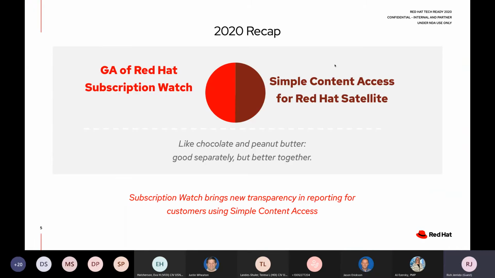So let's talk about, while we're here, some of the tools that we built. In 2020, we introduced two separate but mutually supporting tools that are intended specifically to help out with your subscription experience. The first tool is a tool we introduced called Red Hat Subscription Watch. And Subscription Watch is a SaaS-based offering that's available at cloud.redhat.com. And the purpose of Subscription Watch is to give you a holistic, account-wide reporting of the Red Hat products that